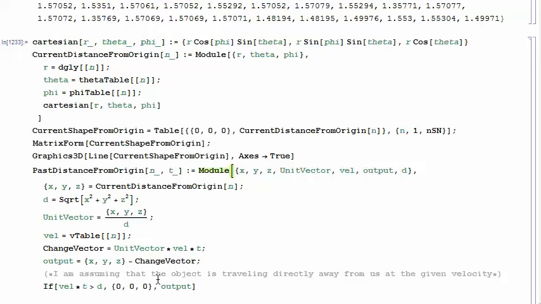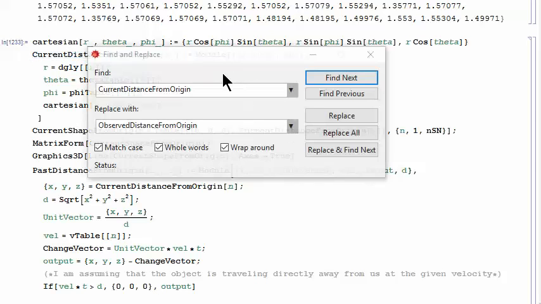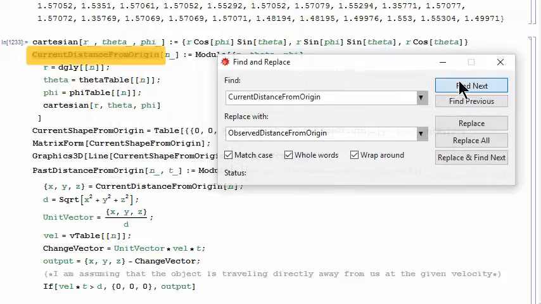I'm trying to decide whether to fix this issue while I'm making this video. Currently there's an error here because I'm calling this current distance from origin, and it should be observed distance from origin.